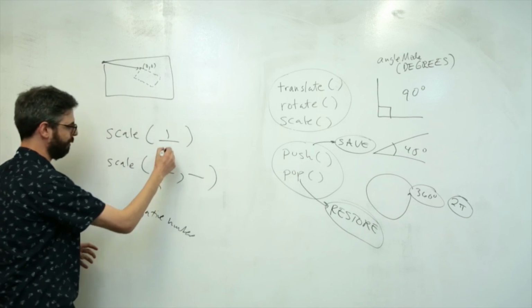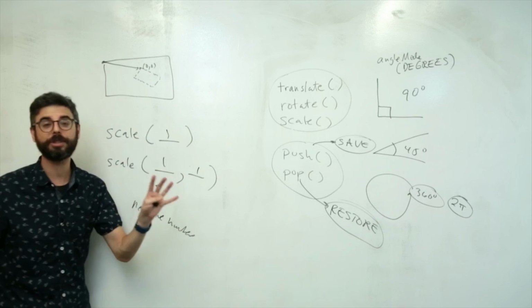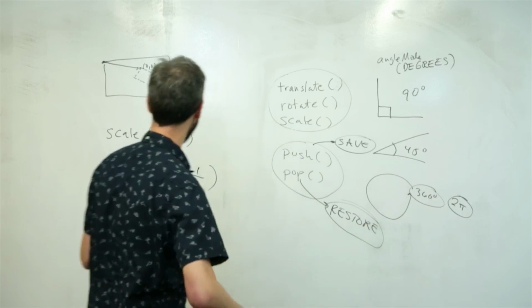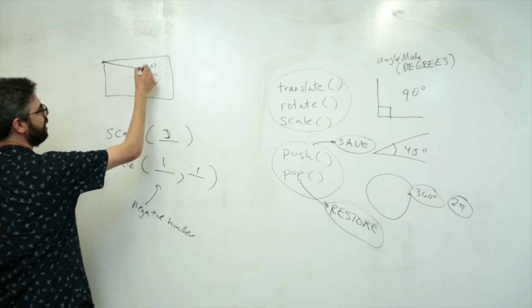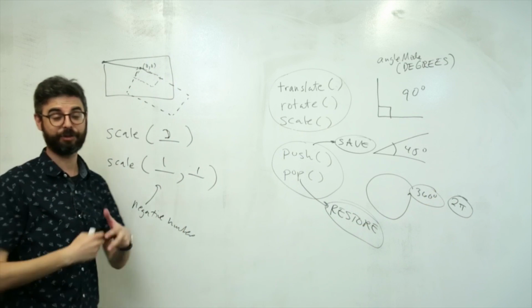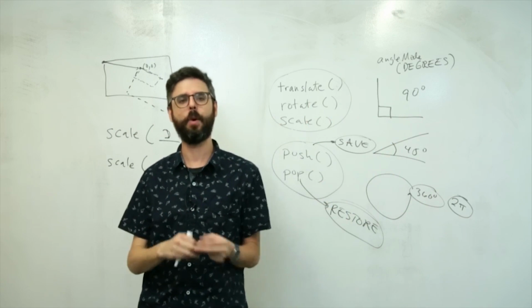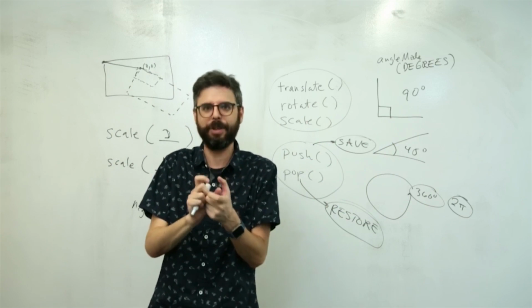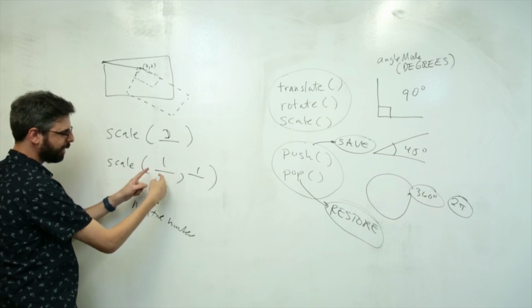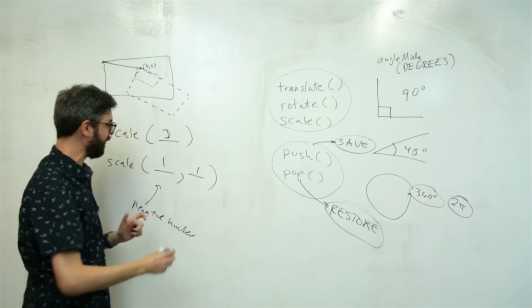If I put 1 everywhere, this just means 100%, the default scale. That's just what it is. If I were to put 2 in here, suddenly the rectangle will be twice the size. I've scaled it by 200%. 0.5, I've shrunk it 50%. So I can do different things on the x-axis and the y-axis, but I can also flip